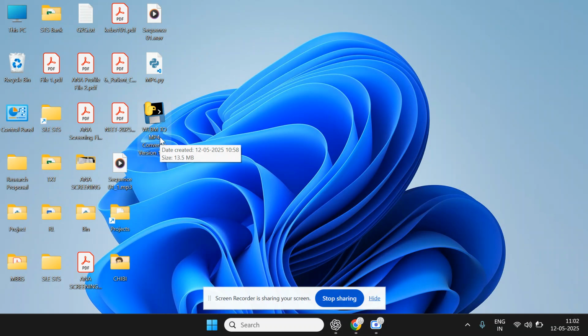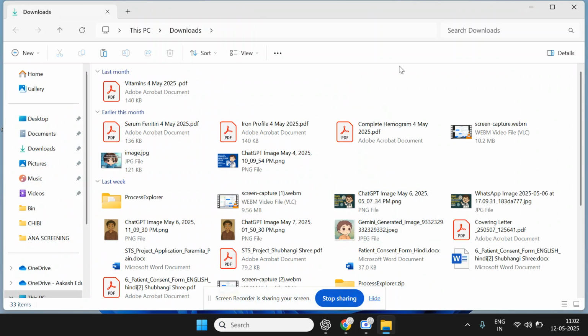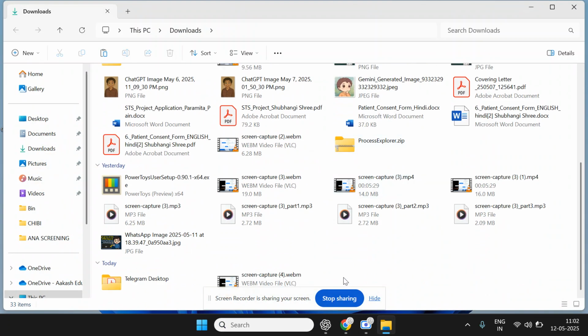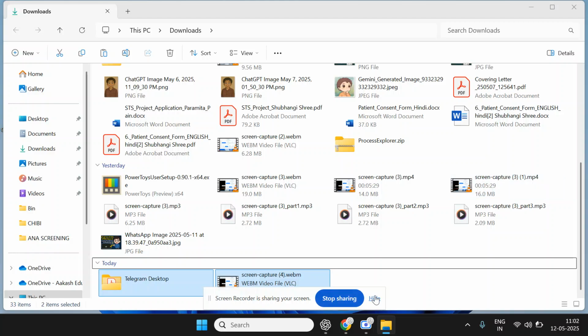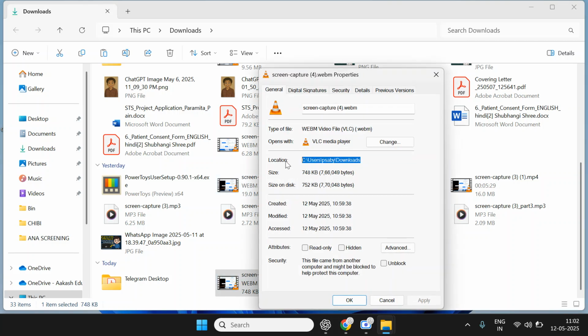Now let us see an example for this conversion. For that, I have a sample WEBM file in my download section. You just need to have the file path and the file name for this. So let us copy the file path and file name. First, copy the file path